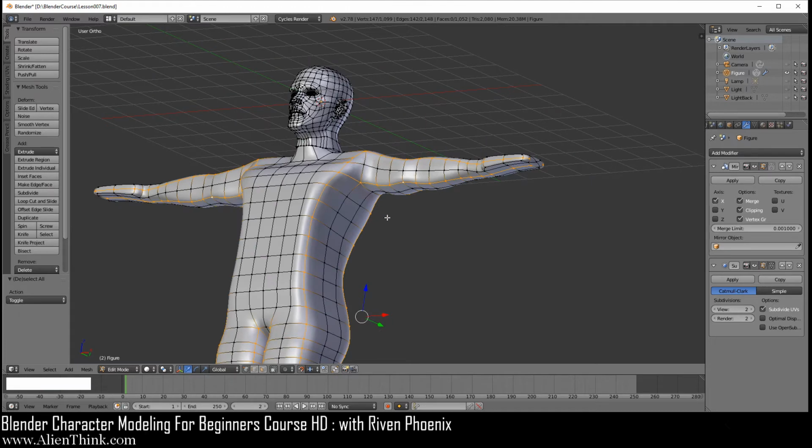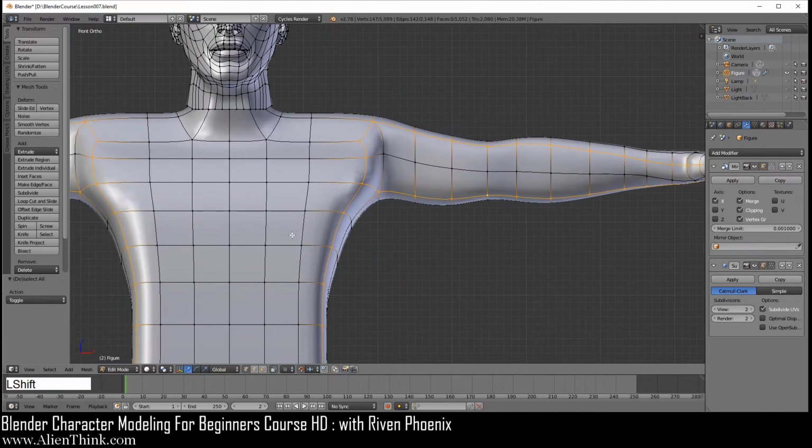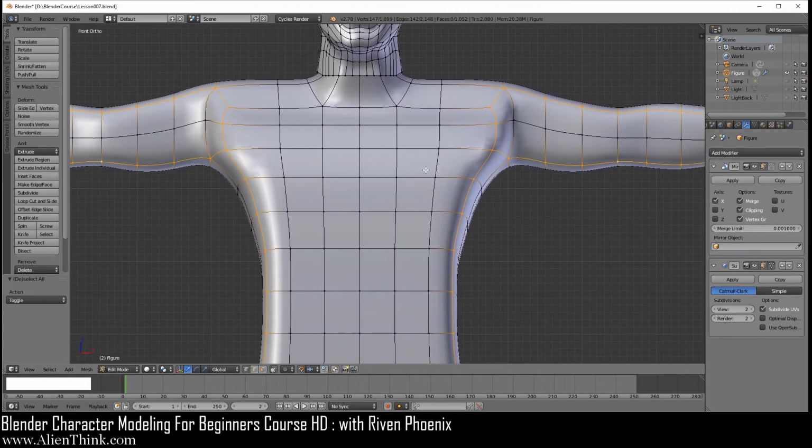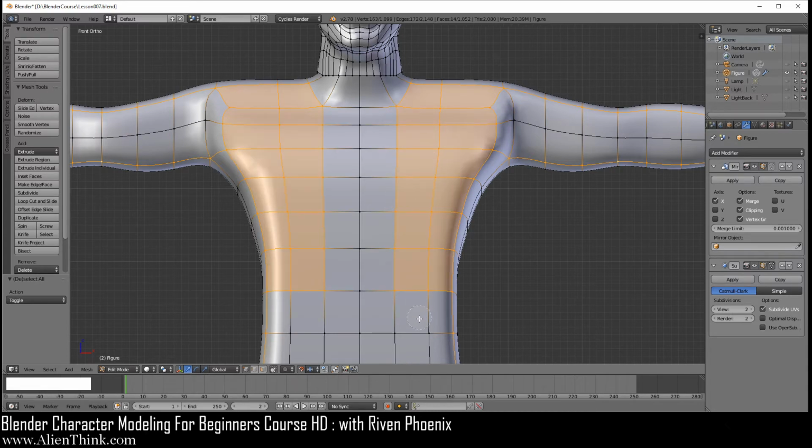Okay. So now go to the front view by pressing 1 and just shift middle mouse button to pan over here. Press the C key to bring up the circle select, and remember you can do the scroll wheel. So what you want to do is go ahead and just select on this vertex, this one, and now go ahead and select this. And you're simply going to come down all the way over here like so.